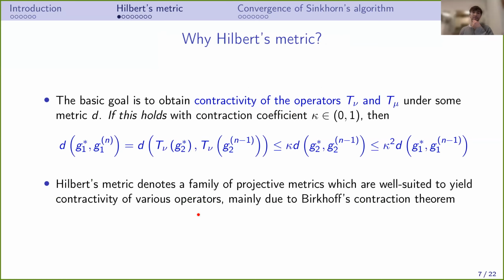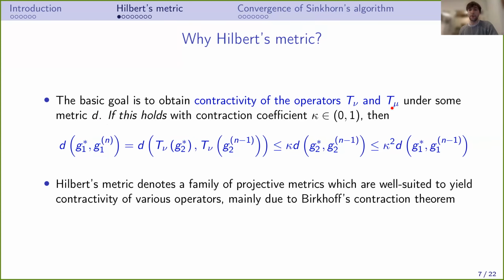Okay, so next I want to first talk to you about why we would even be interested in something like Hilbert's metric. So what is the goal of using something like Hilbert's metric? The basic goal is to obtain contraction properties of these operators T_nu and T_mu, which define Sinkhorn's algorithm, under some metric. Let's say if we had that,